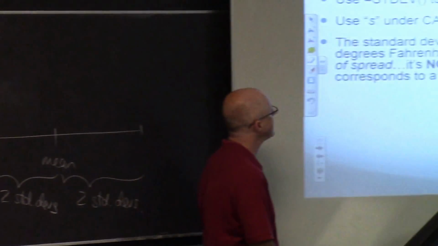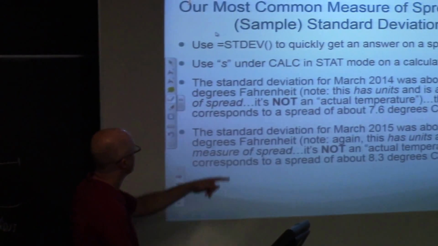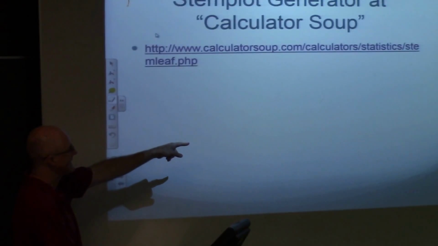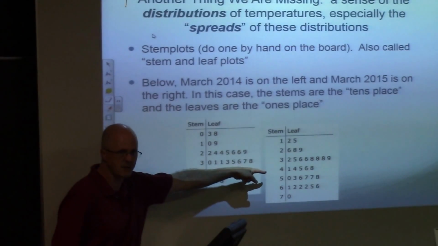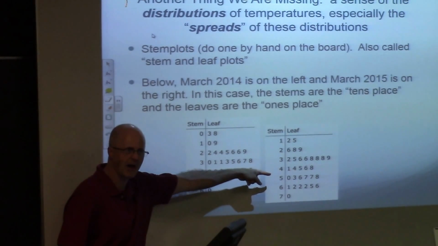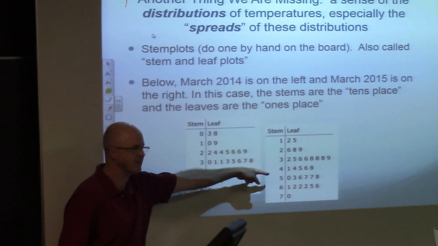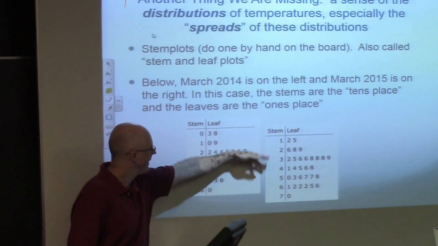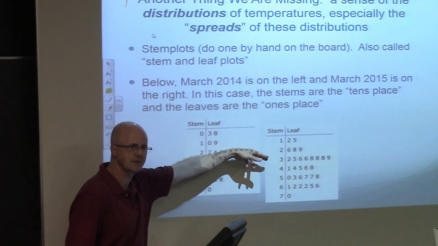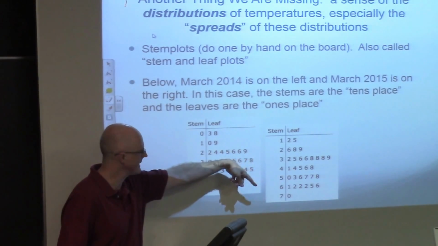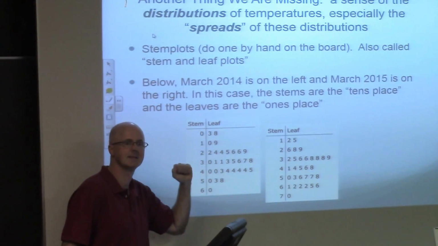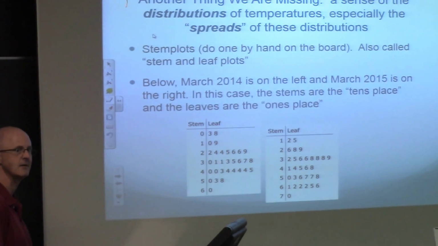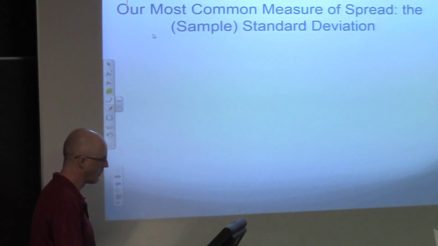Did that work with these data here? Again, the standard deviation, for example, 2015 was 15 degrees Fahrenheit. 2 times that is 30. Are most of the data within 30 degrees of the mean, which was 45? 45 minus 30 is 15. Yes, everything except 12 was over here within 2 standard deviations of the mean. 45 plus 30 is 75. Yes, 70 got included. Only 12 was not within 2 standard deviations of the mean for 2015. So the rule of thumb worked pretty well there.